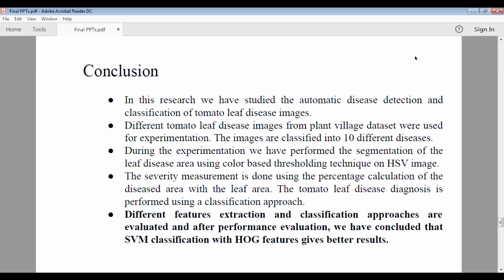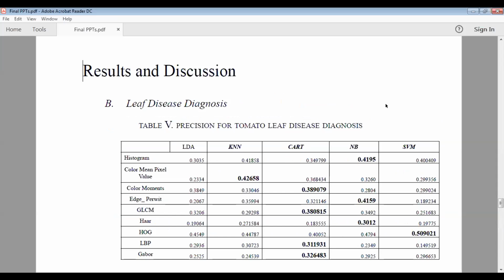Different feature extraction and classification approaches were evaluated, and after performance evaluation, we concluded that SVM classification with HOG feature gives the better result. So this is the conclusion for this. Sorry. Actually, this is,